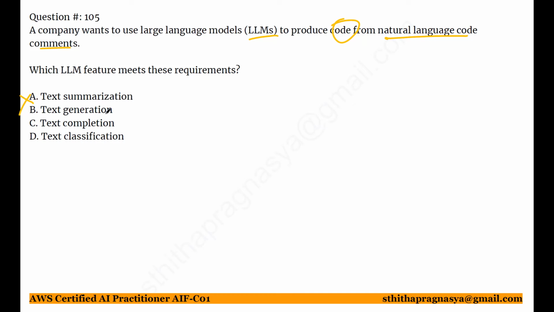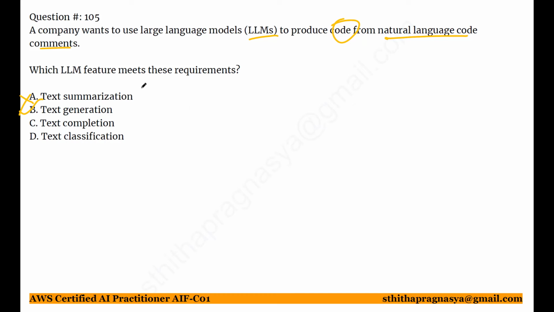Text generation, it involves producing coherent and contextually relevant text based on a given input. This includes generating code from natural language descriptions as the model produces new content aligned with the input prompt. This aligns perfectly with the requirement, so this is our correct answer, as text generation is used to create code